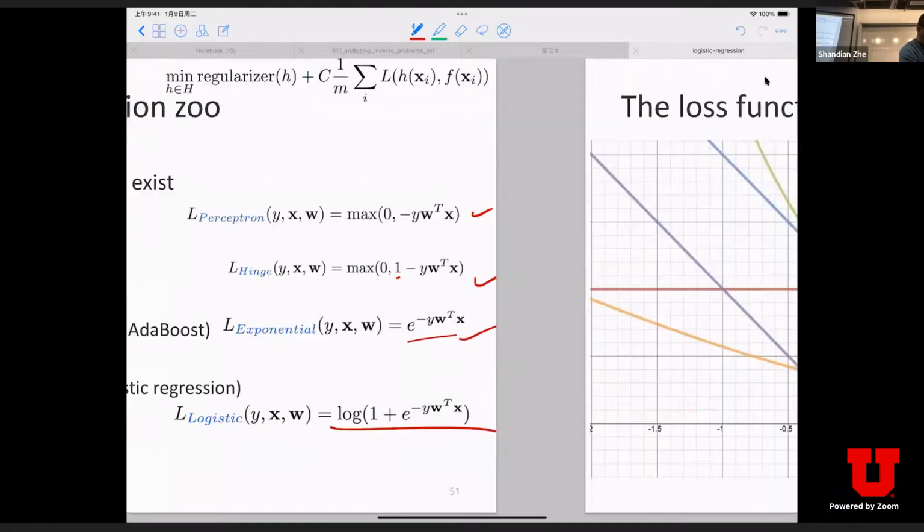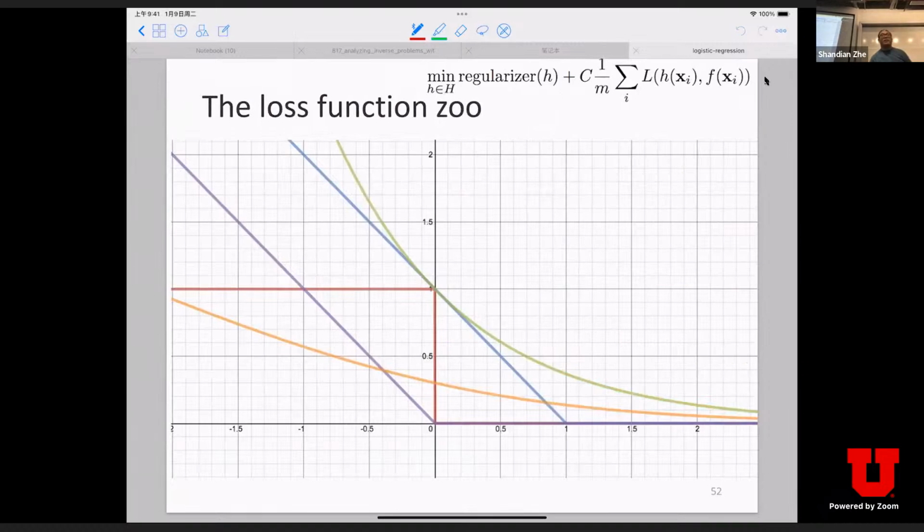If we put all those loss functions together, we have a zoo of losses. A different loss corresponds to a different machine learning model. So you can add one new member to this loss zoo and mark your name. Now we can take a look at the different loss curves. First one, this one, like this.